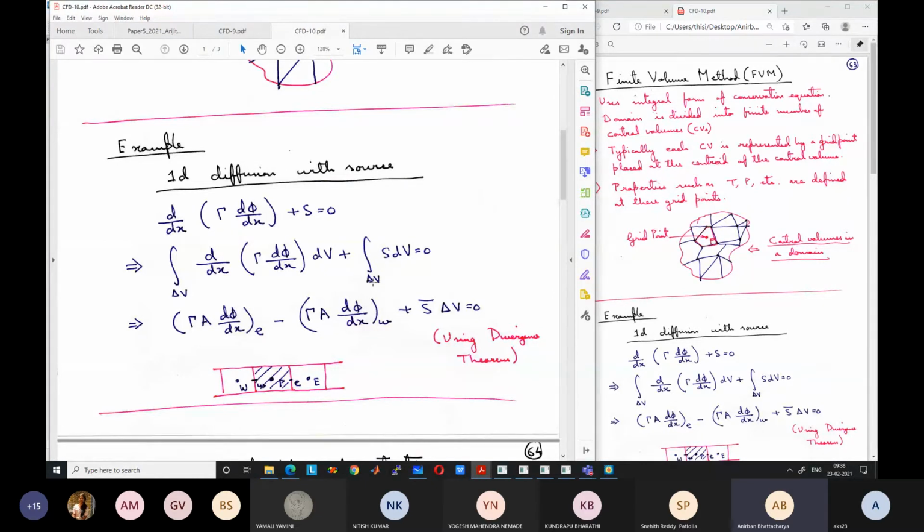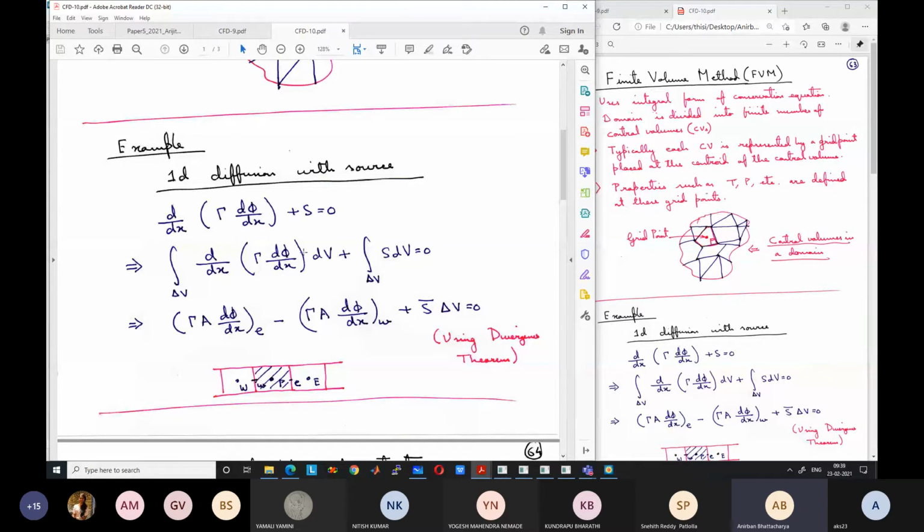Now we use the divergence theorem. You need not know it, but I will explain what it means. It means that the change in flux within a control volume is equal to the flux coming from its boundaries. So the change that occurs in a control volume is due to the flux coming from the boundaries. Obviously it is true: the change in energy in a domain has to be because of the net energy exchange from the boundaries of the control volume.